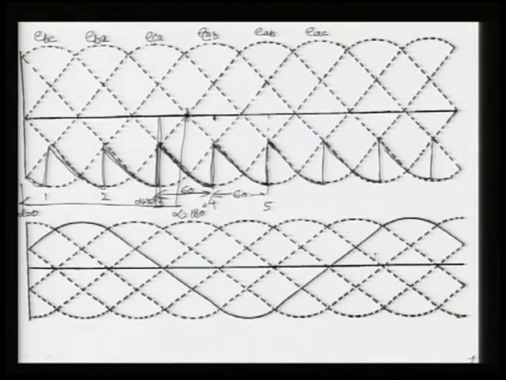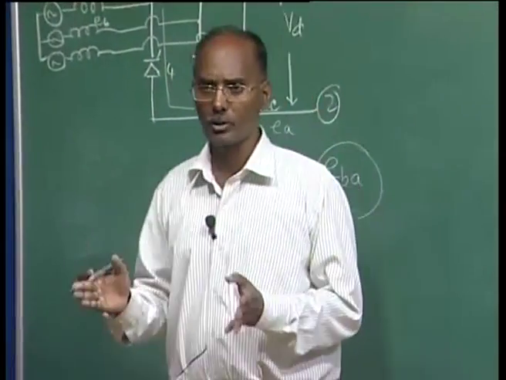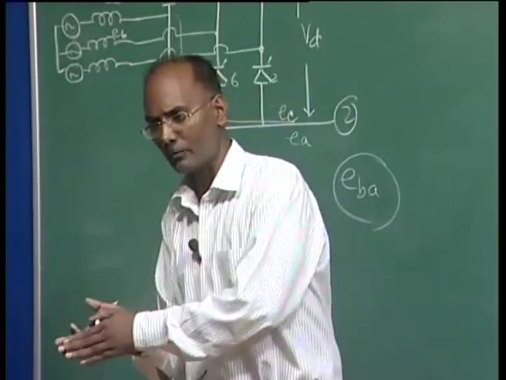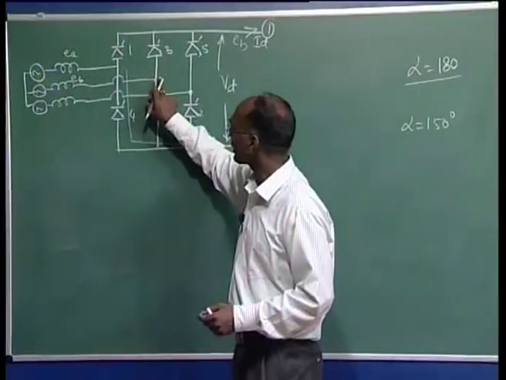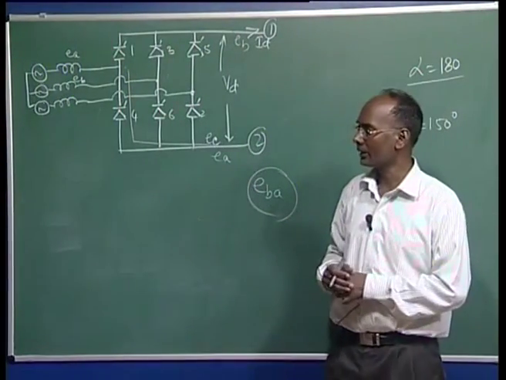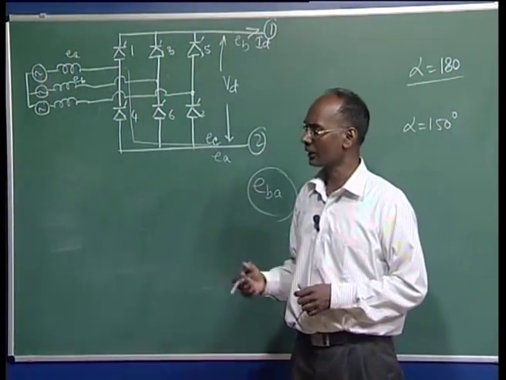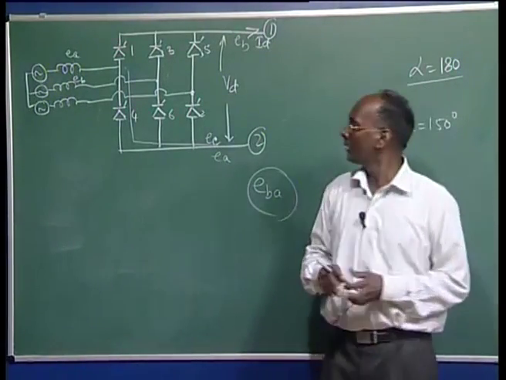Now, the main important point here, although this is a very simple case where we are assuming the overlap angle is 0, means commutation from one valve to another valve is sudden and instantaneous, because when you are getting the pulse, 3 is taking complete current from here and the sudden switch is there. But it is not true, and we will see in the next cases when the various modes of operation will be there. Now, I want to draw the valve voltage.